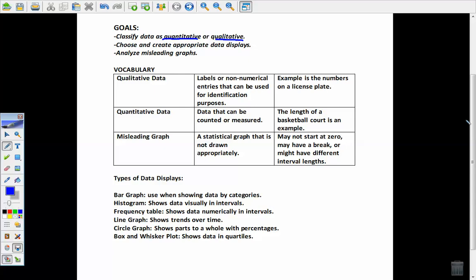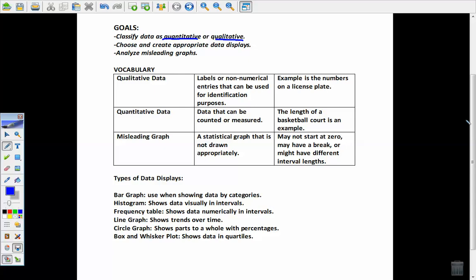Does that social security number identify who I am? How about this? I have a cell phone. They always ask you for your cell phone number when you want to ask questions. So those types of numbers, anytime you're identifying somebody or labeling something, that's going to be considered some type